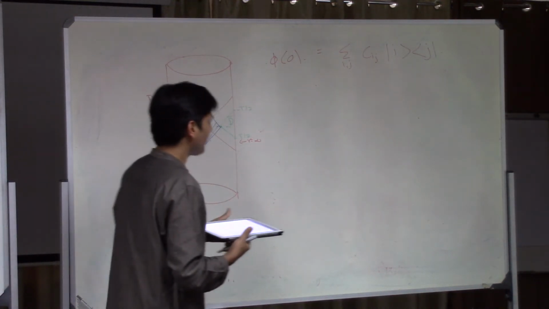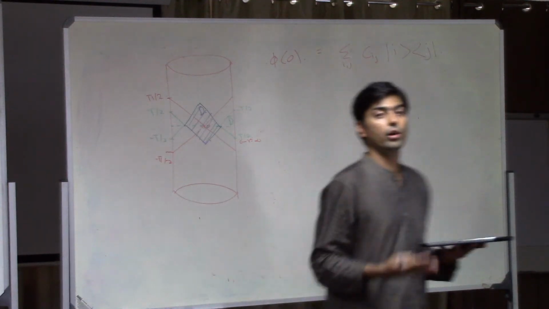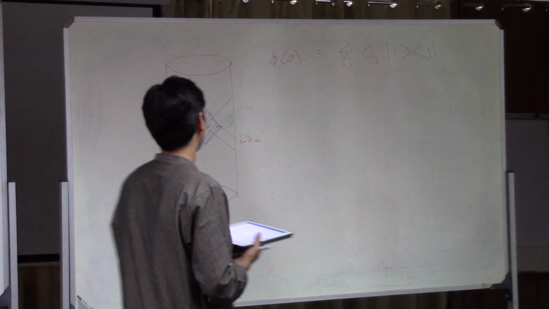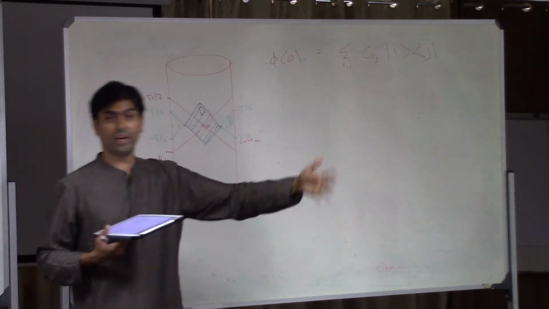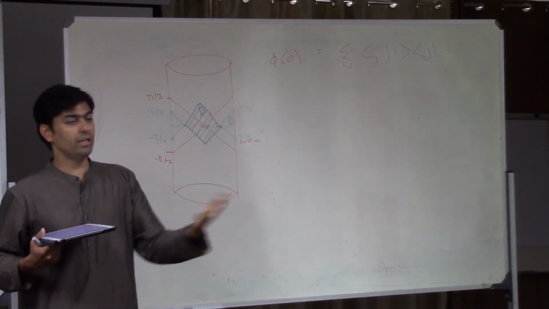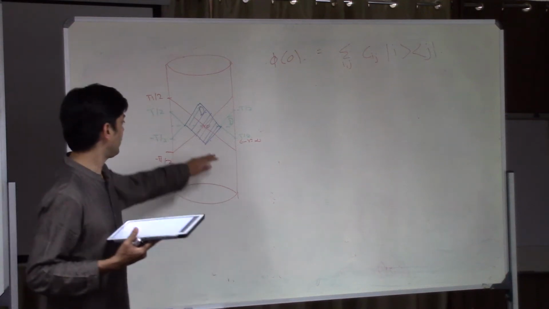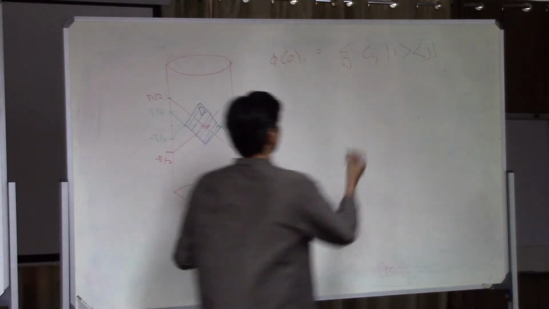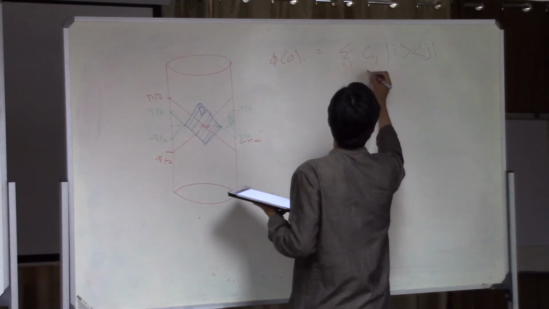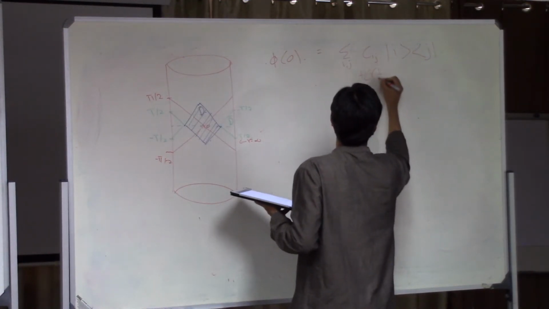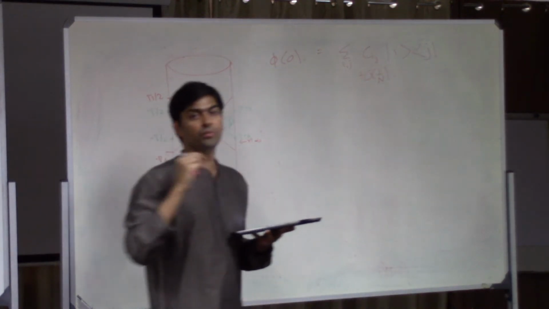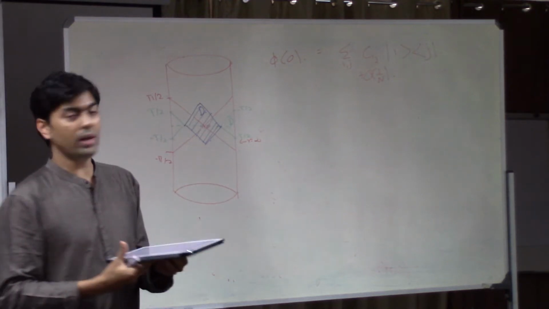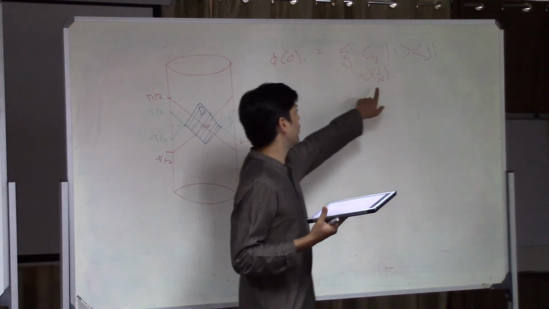But that makes sense only at leading order in 1 by N. If I start considering fluctuations of the metric, then there are many different ways of defining r equal to 0 classically, and they're all inequivalent at a quantum level. And so it's not clear what r equal to 0 means at a quantum level. So that's the statement that these Cij coefficients are defined only up to order 1 by N. If you give me a specific prescription for defining a local operator, I can also tell you what these coefficients are at a higher order, but they don't have a good gauge invariant meaning beyond order 1.